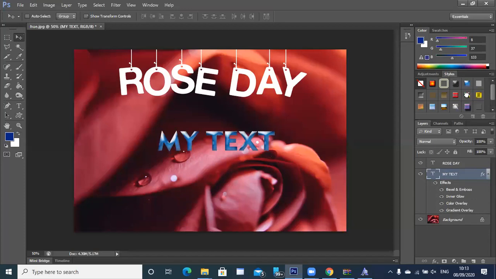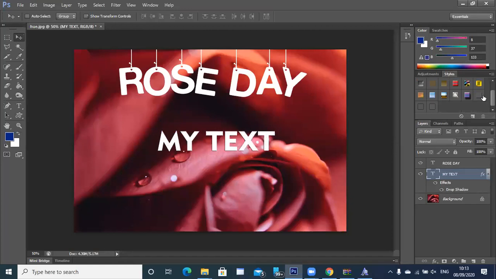Okay. Let's try something else. Next effect. Okay. There are a variety of effects up here. You can choose which effect looks good. Now this one, you'll say, ma'am, there's no effect. No, there is one. You can see a shadow added up here, and you can just choose which effect looks good. These are all styles which are there in Photoshop. These are the ready-made styles which are already available. It's basically shadow effects and other effects up here, right?